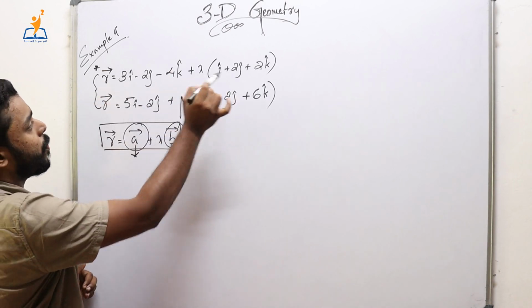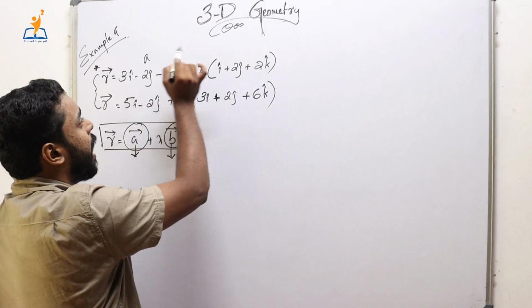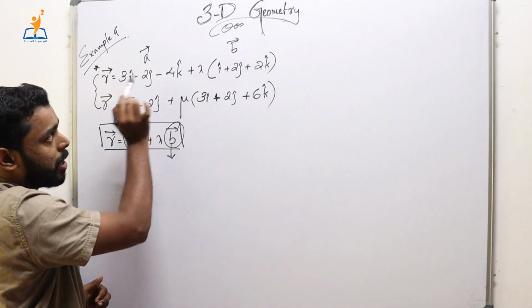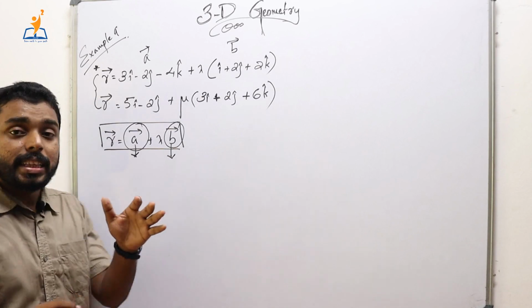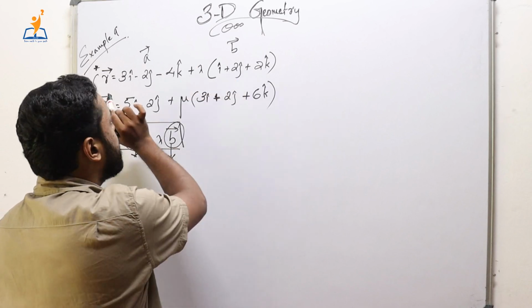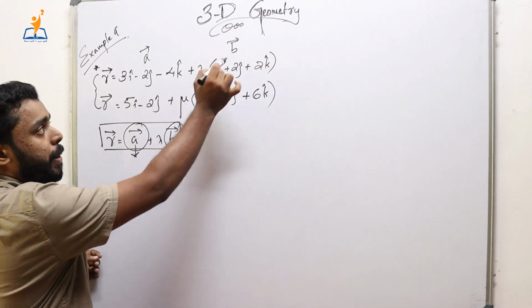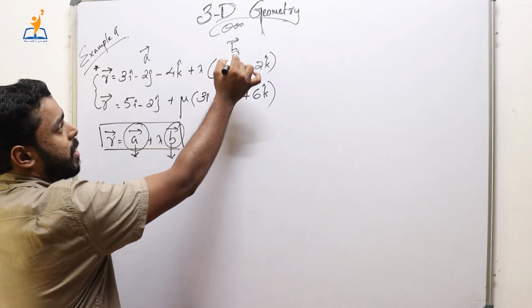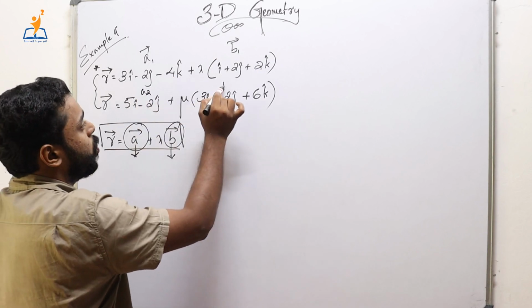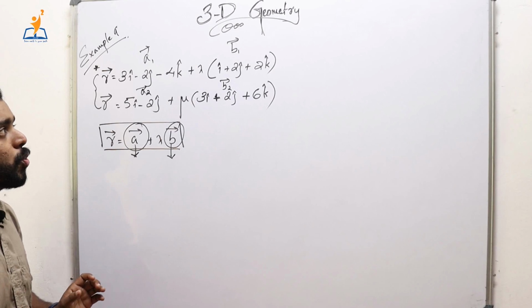Since our first line is parallel to this vector, this is A and this is vector B, and this is the position vector of the point. A is the position vector of the point through which the line passes, and B is the vector which is parallel to the entire straight line. So B in this case is nothing but this. Let us call it B1, A1, and this is A2, B2, right? Now we have to find the angle between these two lines.